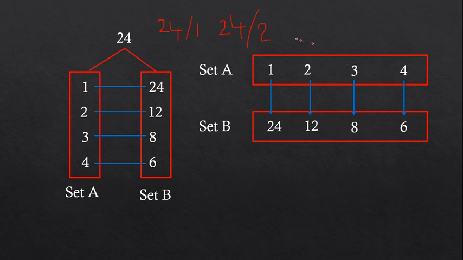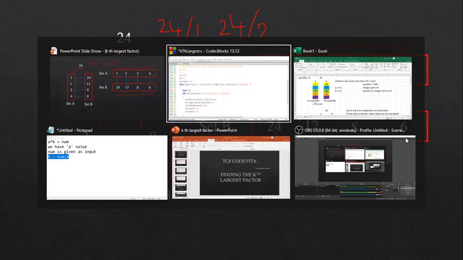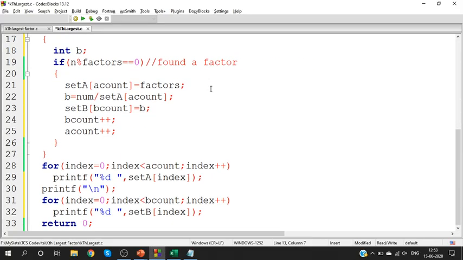So if we observe, set A is in ascending order, increasing values, but set B is in descending order. The values keep decreasing. Can you all understand this? First time it is increasing. For set B, the values will be decreasing. Is that clear? Yes. So, I am going to print and check whether we get this output.